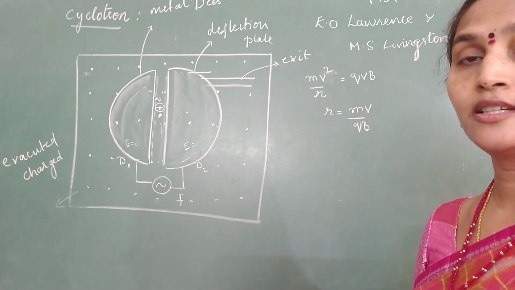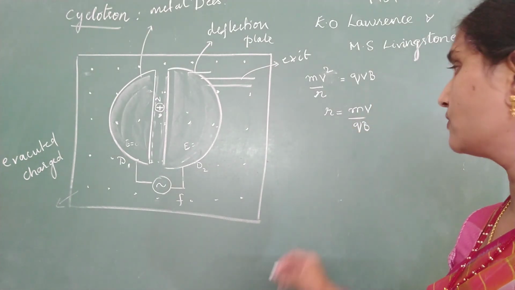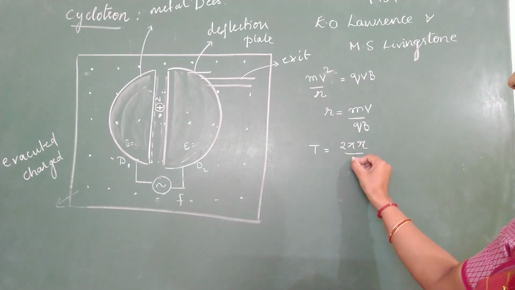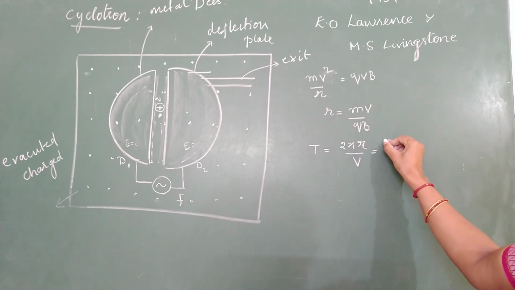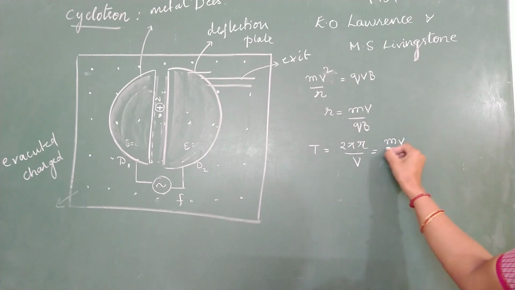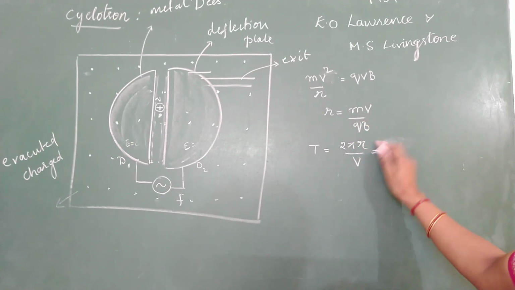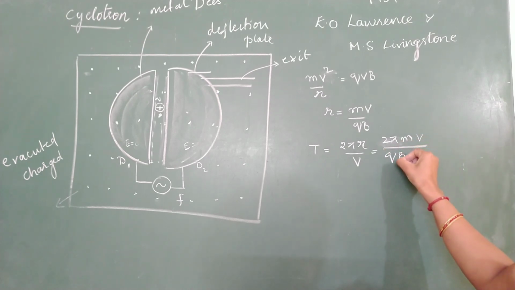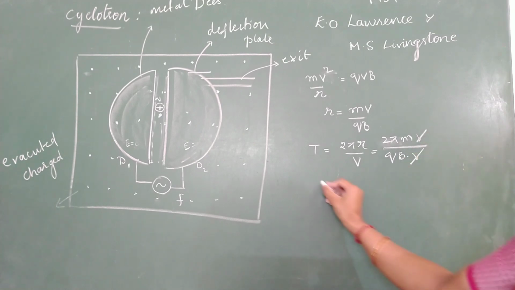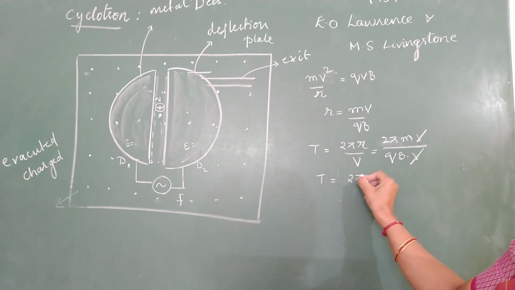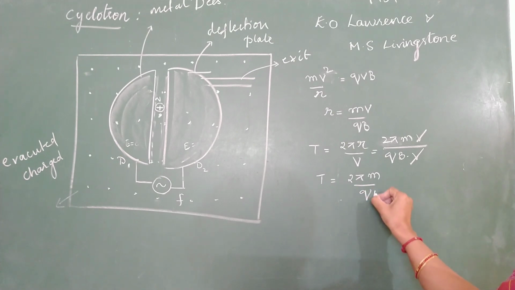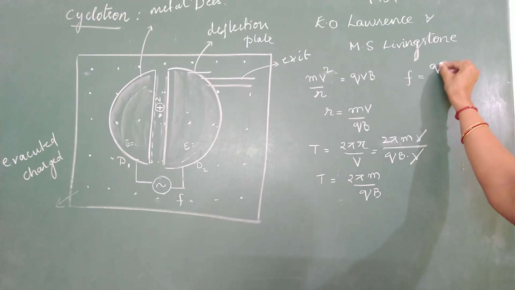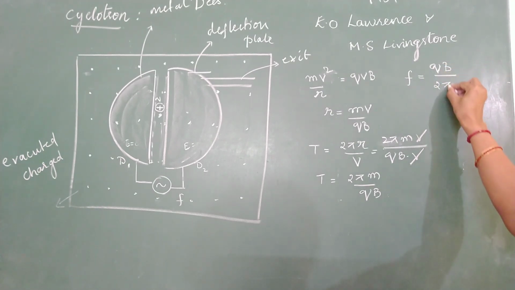And we have already studied it in the motion of a charged particle in a perpendicular magnetic field. What is the time period of revolution? 2 pi r by v. When you substitute the value of r, you get mv by qB, into B. V gets cancelled. What is the time period of revolution? 2 pi m divided by qB. And if you know the time period, what will be the frequency of revolution? qB divided by 2 pi m.